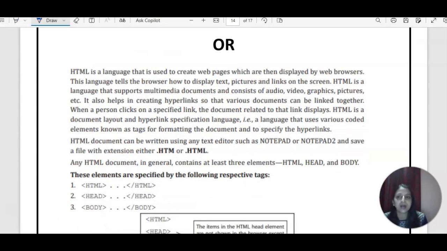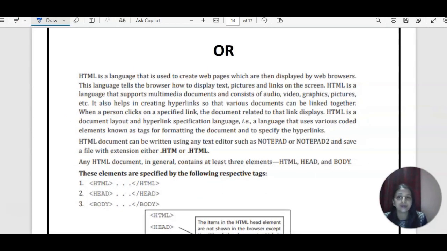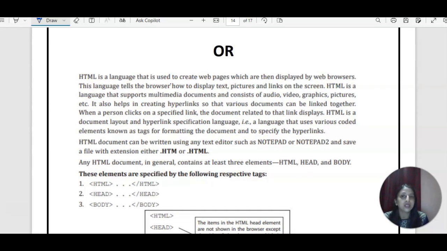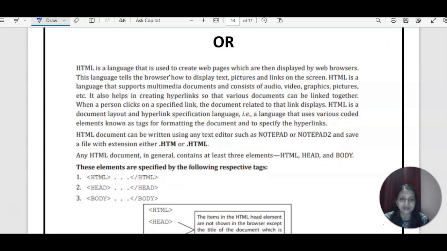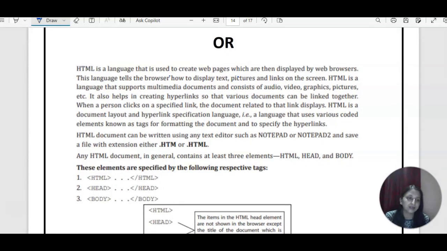So HTML is a markup language. It is not a programming language, right? It is a markup language. So HTML is a language that is used to create web pages, which are then displayed by the web browser. Okay, and you have to save the HTML document with .htm or .html, and this is the formal